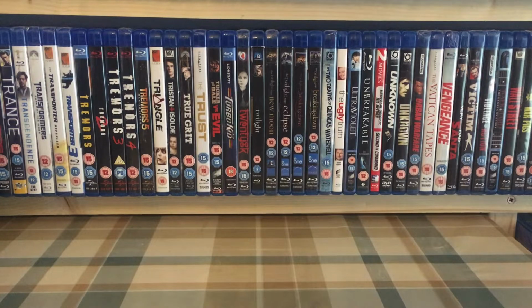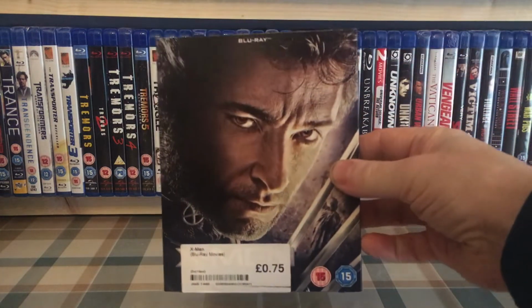Got some more pickups, pretty much what I've bought over the last couple of weeks or so. Firstly, CEX. It's probably almost 2 weeks ago I bought these, and I'm pretty sure these complete another set of slipcovers. These are all HMV exclusive slipcovers. But we have, for 75p,